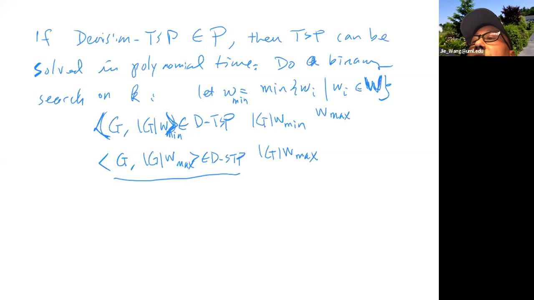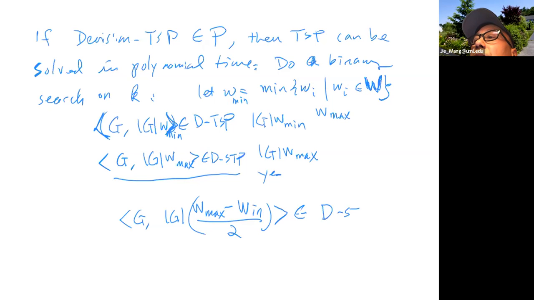If this answer is yes, then I do a binary search by asking, take the minimum, right? So the weight will be max minus the middle point, take the minimum. And then I want to know whether this is true. If the answer is yes, then I will use this as a max and then repeat. If the answer is no, then I will change